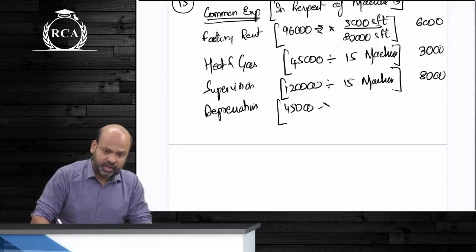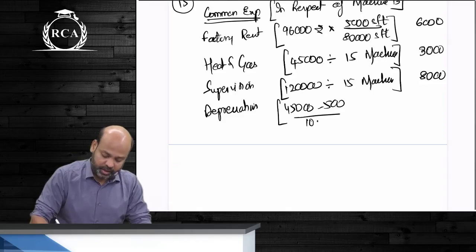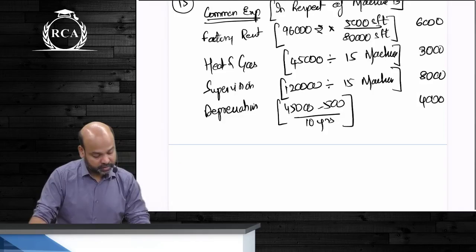45,000 beta minus 5,000 divided by 10 years. कितना है? After that beta,